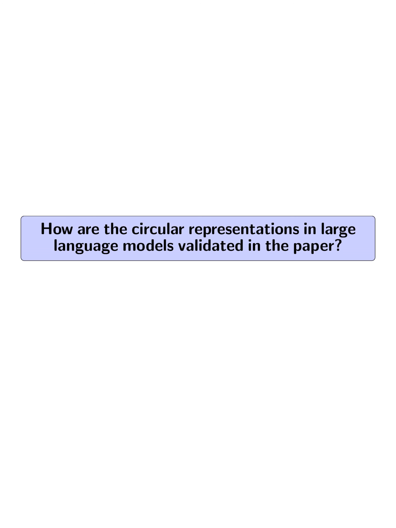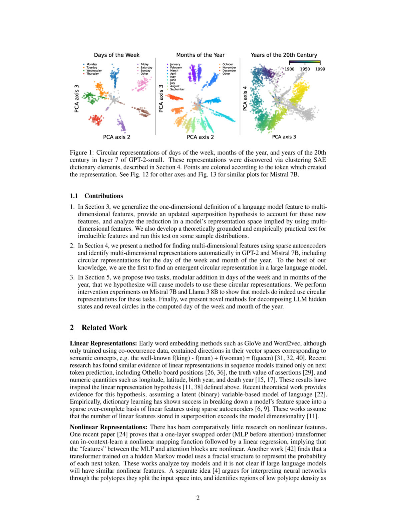How are the circular representations in large language models validated in the paper? The circular representations in large language models are validated in the paper through a series of experiments and analyses. Firstly, the paper introduces tasks related to modular arithmetic, such as modular addition in days of the week and months of the year, hypothesizing that models will use circular representations for these tasks. Intervention experiments are then conducted on Mistral 7B and Llama 3.8B models to show that they indeed use circular representations